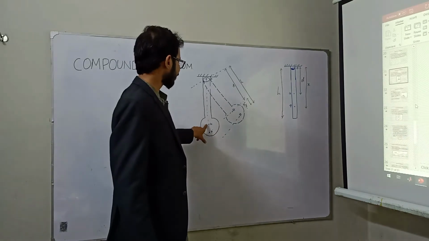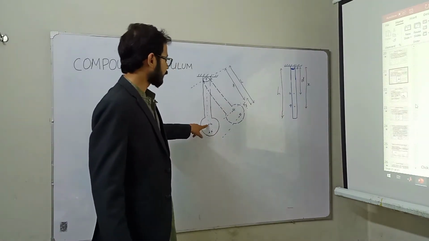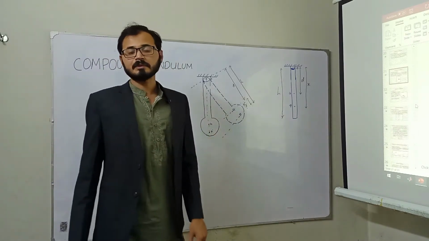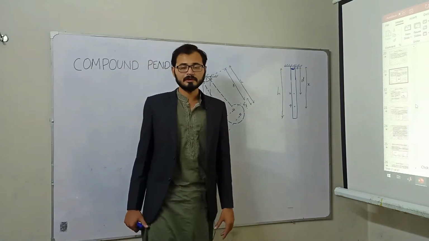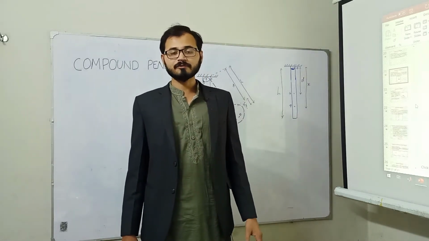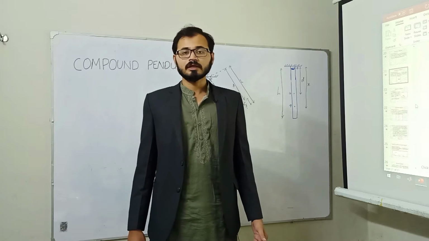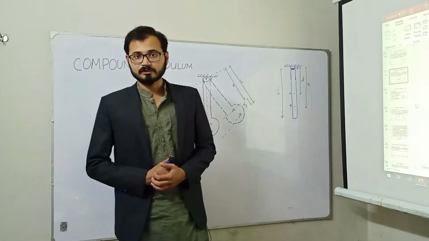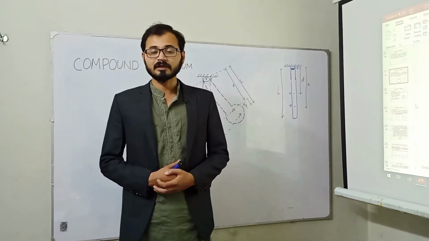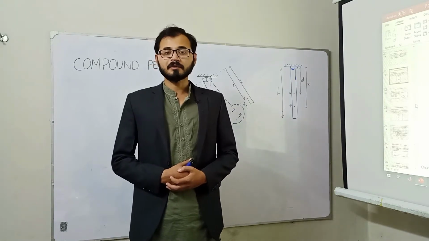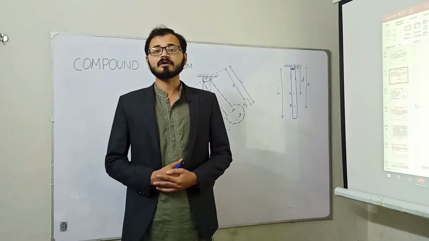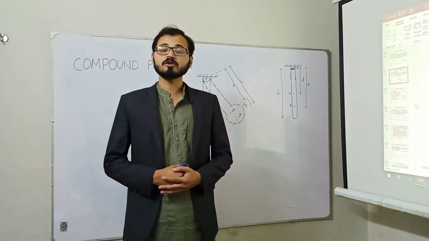For example, suppose the center of mass lies here and it is represented by point G, and this is another point represented by P. This is the center of percussion. It is a point where, if we apply an external or excitation force, there will be no impact or stinging effect felt by the suspension or pivot point. So it is the point of a rigid body where we have zero effect of force.